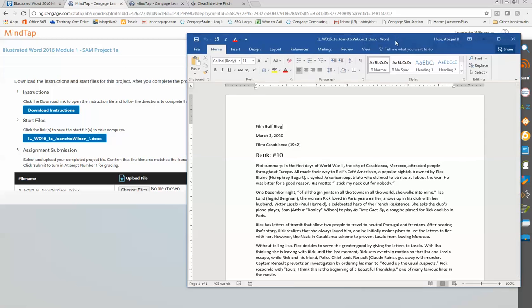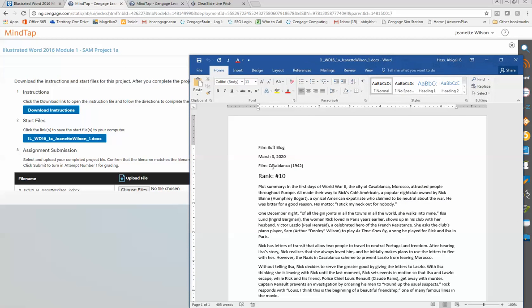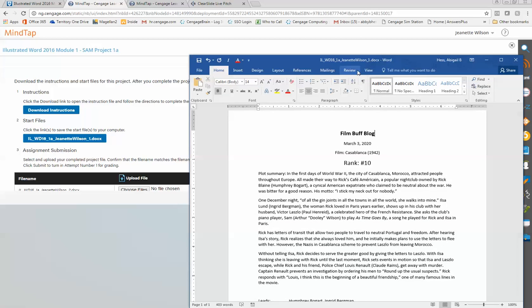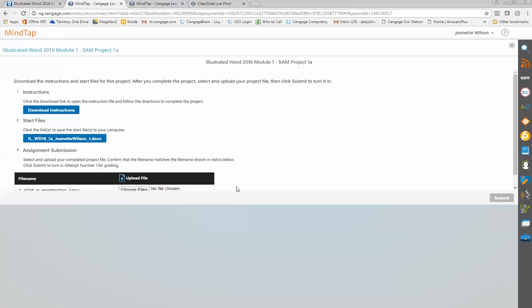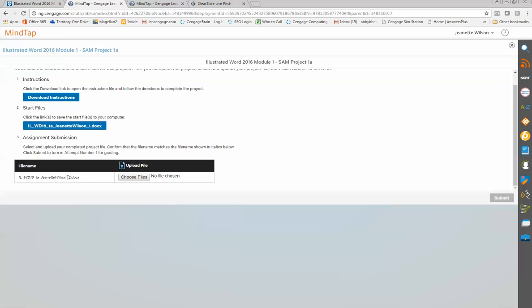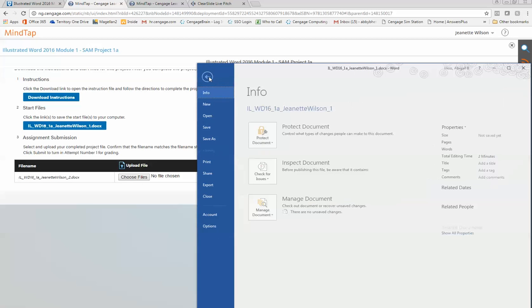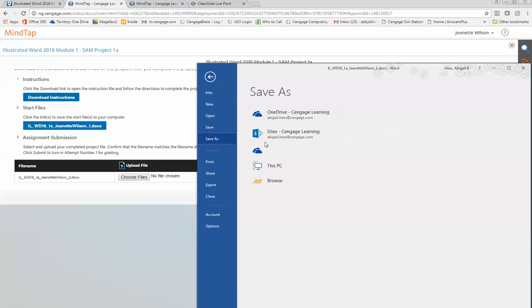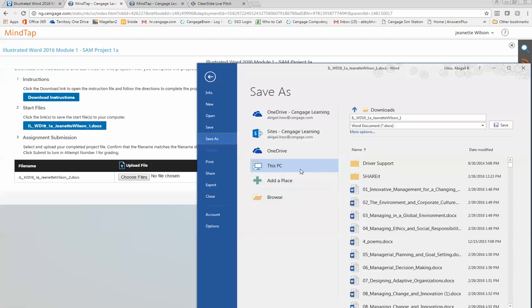How I'm going to submit this, once I'm done making all of my edits: let's just say I know that this was centered, this was bolded, I think it was 14 font or something. After I've done everything to it that I have to do, I can submit it right here by making sure that it has the same file name and uploading it into MindTap. So all I have to do is save this file, save as, and save it to my PC. All I'm going to have to do is change this 1 at the end of the title of the document